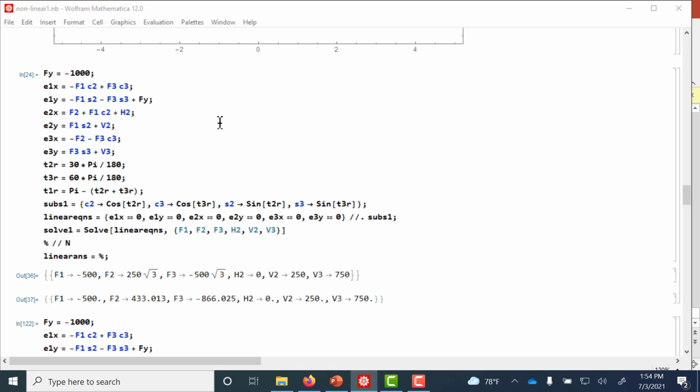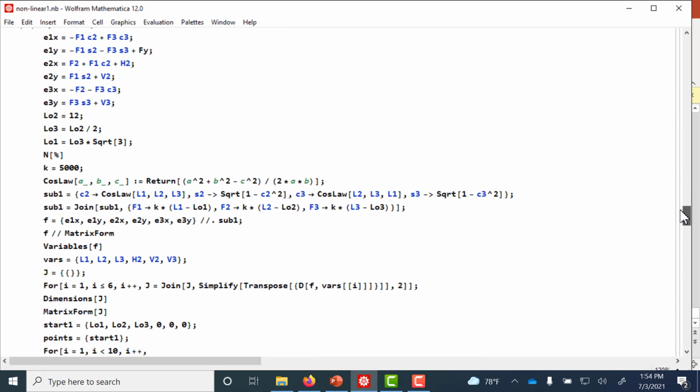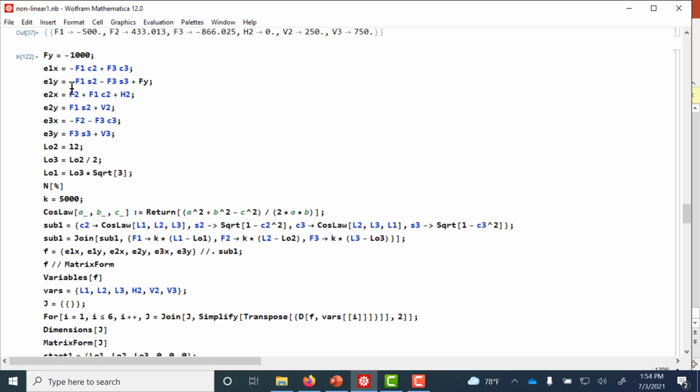Okay, let's take a look at the Mathematica stuff. So I finished off with the linear, and I have my linear answer so that I can compare when we go look at our nonlinear situation. And basically take in those same 6 equations, and I've defined some unloaded lengths, as I showed you, for the three